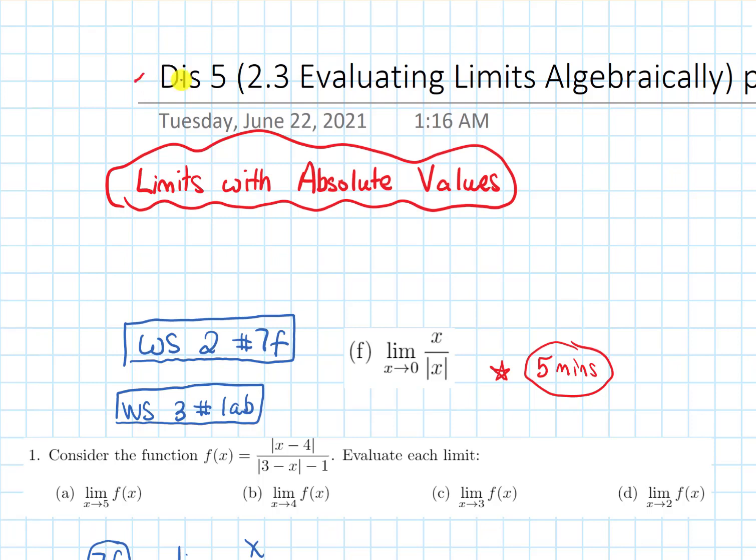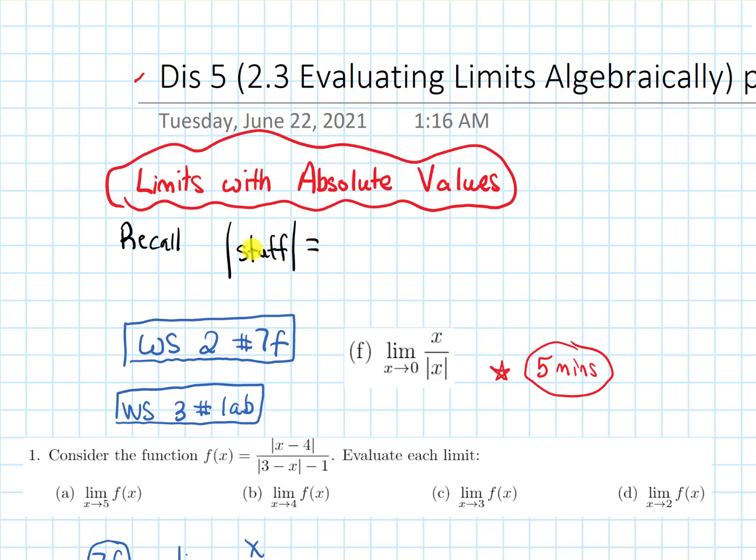Welcome to discussion 5. In today's discussion, we'll be talking about the second half of 2.3 on evaluating limits algebraically. In this video, we're going to do some examples where we evaluate limits that have absolute values. So I want to begin by recalling that when we have the absolute value of some stuff,